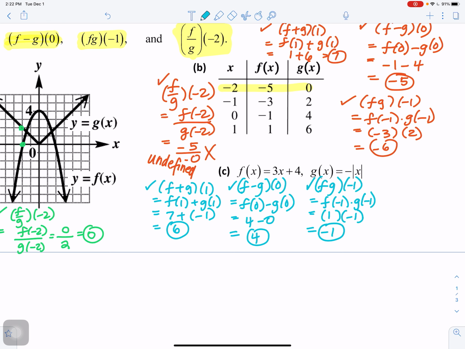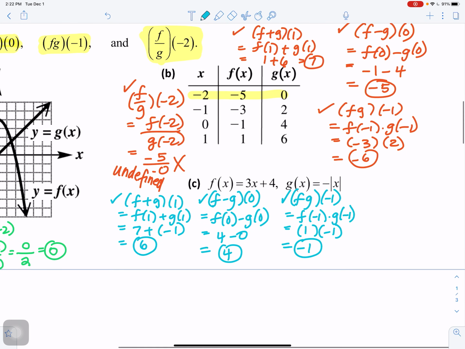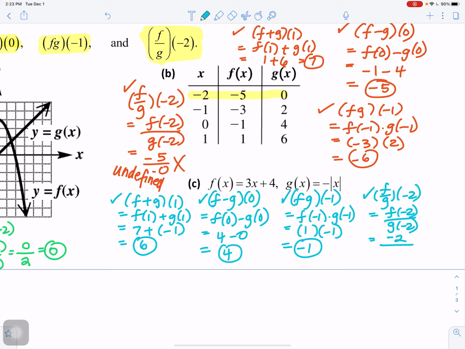And finally, and we did end up with enough room, we have f over g of negative 2. And that's f of negative 2 over g of negative 2. And f of negative 2 is a negative 2. And g of negative 2 is a negative 2. So you end up with 1. And I'll leave that for you to check. And that concludes